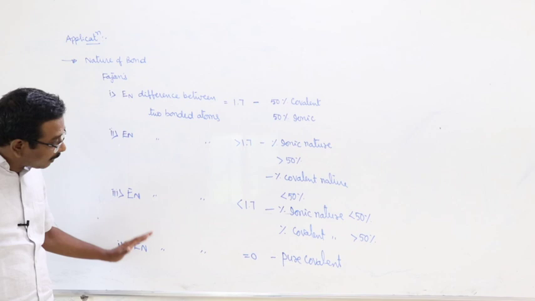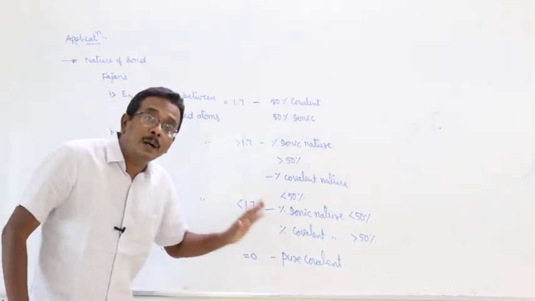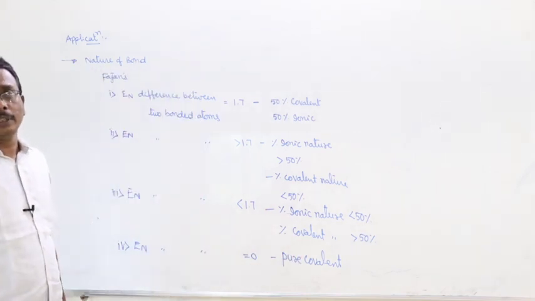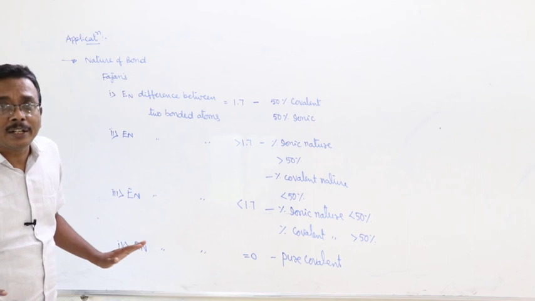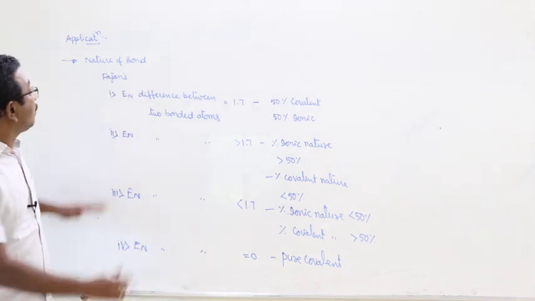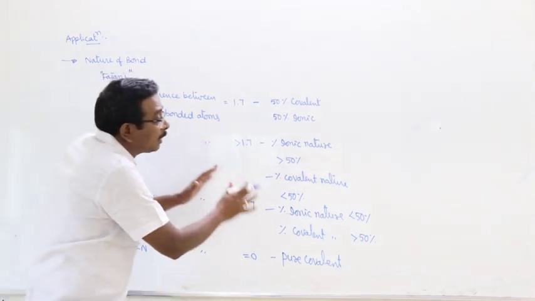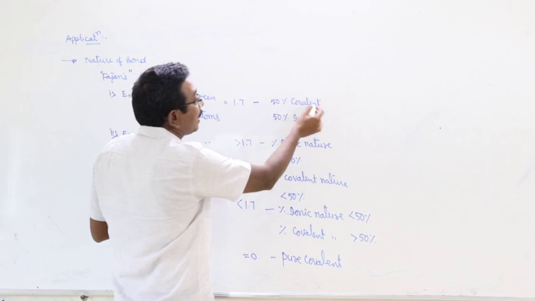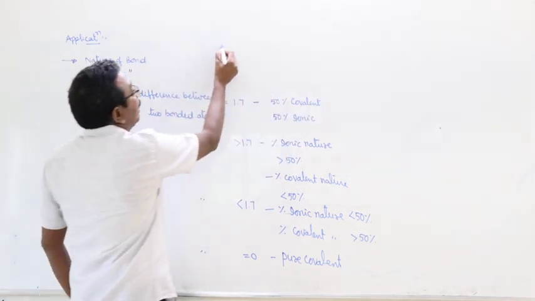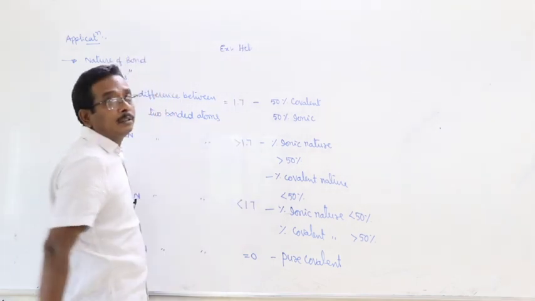If the electronegativity difference between the two bonded atoms is equal to 0, then the bond is pure covalent and the molecule is a pure covalent molecule. But there is no pure ionic molecule or pure ionic bond. And it was given first by Fajans. Here, what is the basis for the determination of the nature of the bond present between the two atoms? Electronegativity.